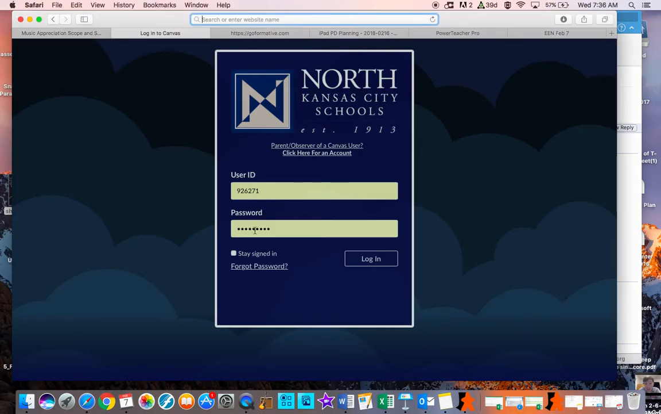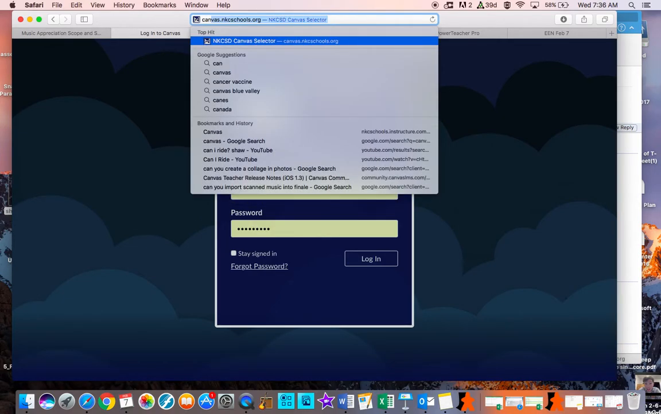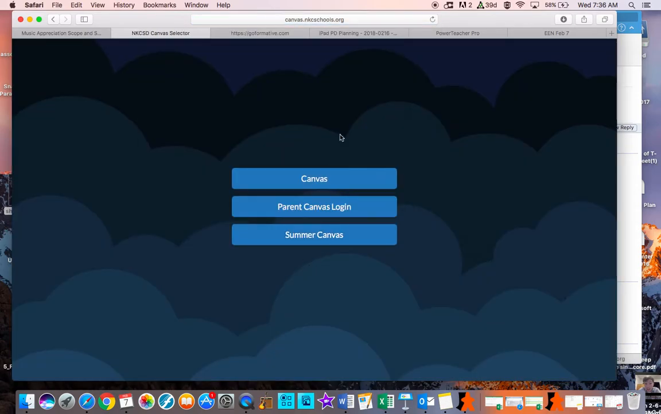So what we're going to do is I'm going to show you a quick tutorial as to how to add files onto Canvas. So if you open your web browser, we're going to go to canvas.nkcschools.org, and that brings us to this little login screen. We want to click on Canvas,